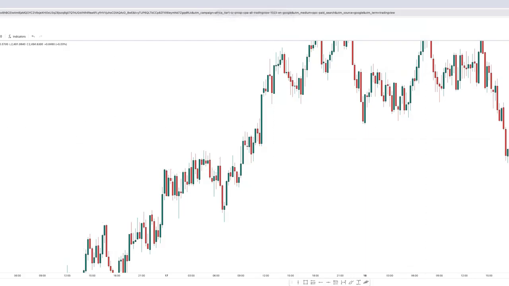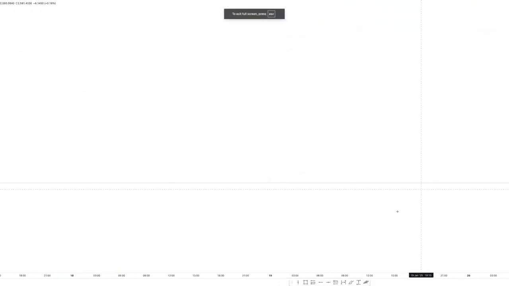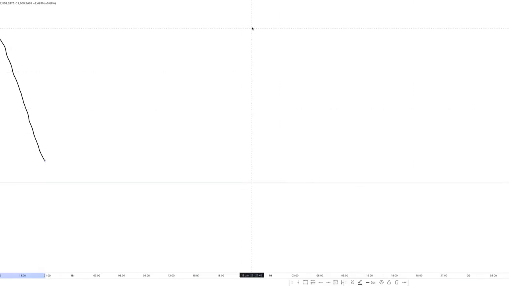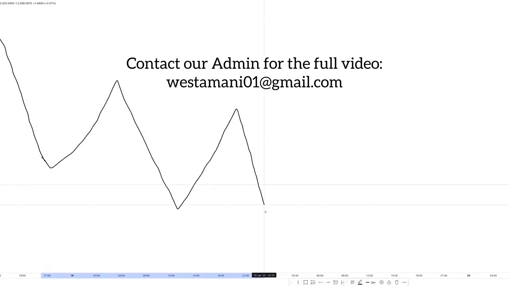Another structure we'll be talking about today is called invalidation X. So on the invalidation X, let's say we could have this downtrend right here. Then before price